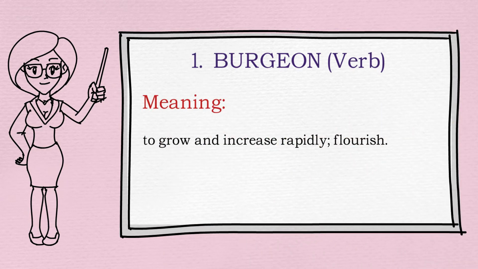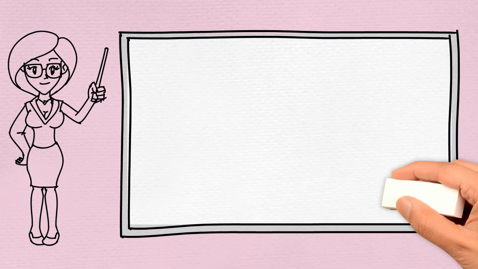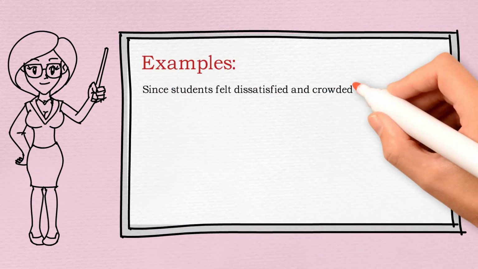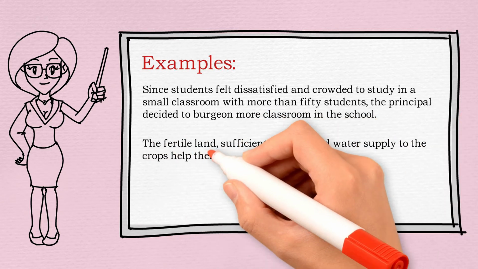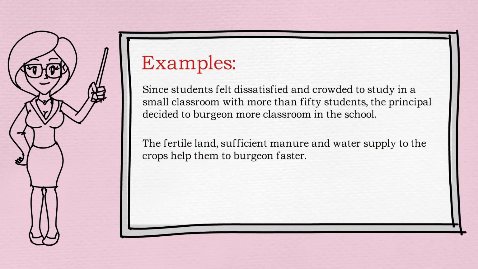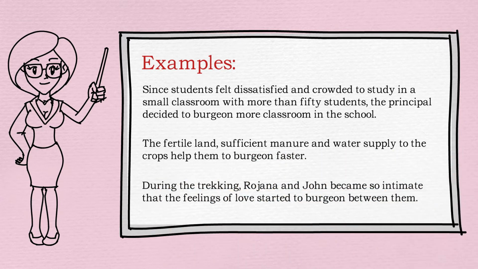We will see an example to understand the word burgeon better. Example 1. Since students felt dissatisfied and crowded to study in a small classroom with more than 50 students, the principal decided to burgeon more classrooms in the school. Example 2. The fertile land, sufficient manure and water supplied to the crops helped them to burgeon faster. Example 3. During the trekking, Rosanna and John became so intimate that the feelings of love started to burgeon between